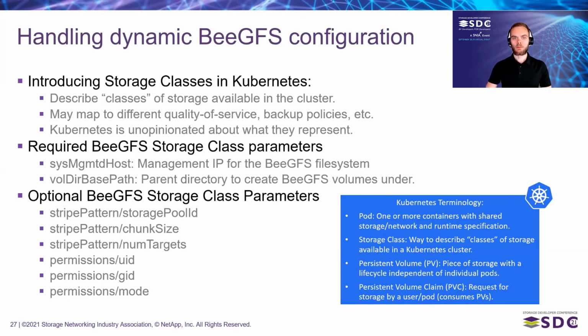Storage classes describe the various storage options available in the cluster that can be requested on demand. A persistent volume, or PV, is a piece of storage in the cluster that has been statically provisioned by an administrator or dynamically provisioned using a storage class. A persistent volume claim, or PVC, represents the actual request for storage by the user. So when a user requests storage on demand for their pod, they submit a persistent volume claim against whatever storage